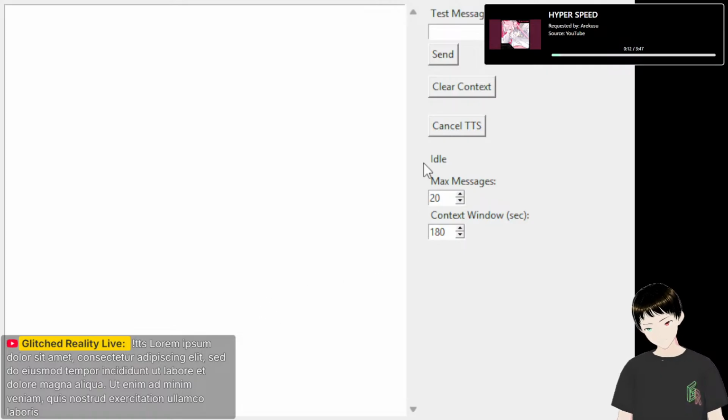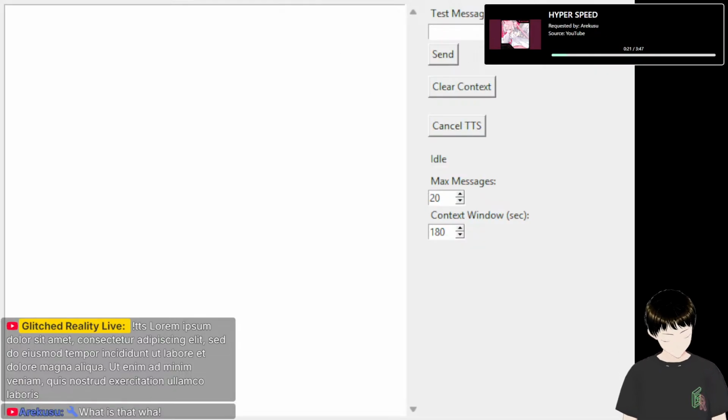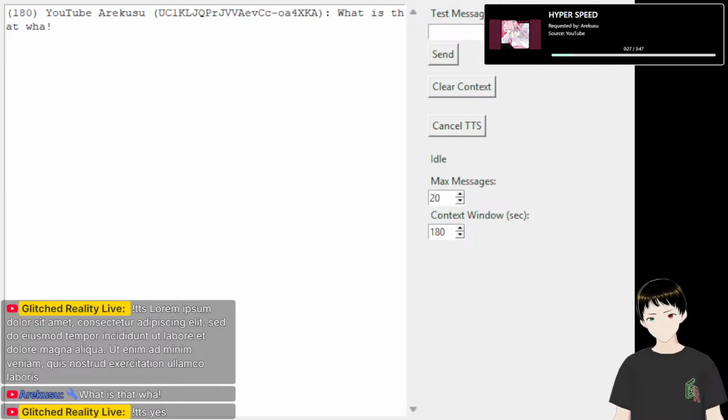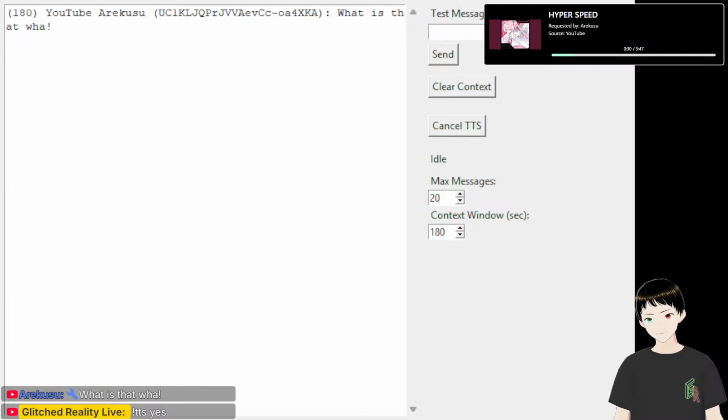Lorem ipsum dolor sit amet, consectetur. Yay, it works. I can shut it up now. Now can I say another one? Yes. Cool. So I can now cancel its messages.